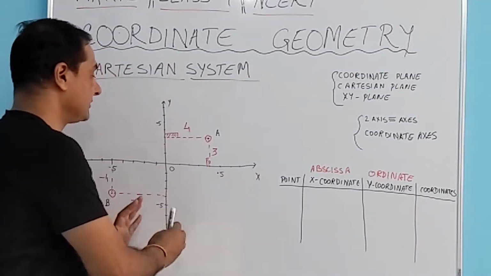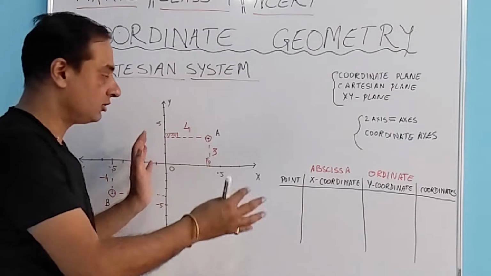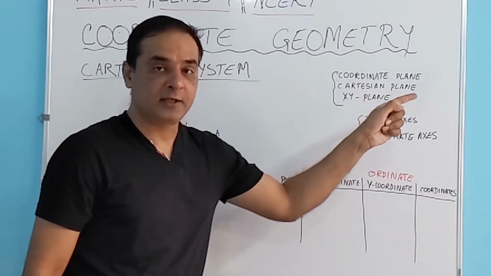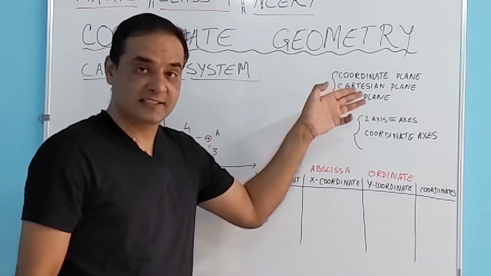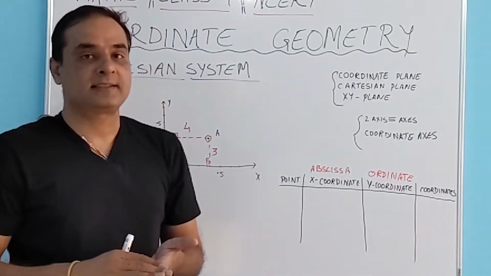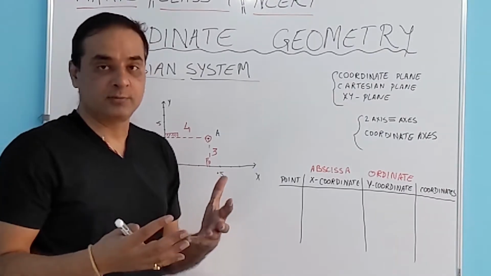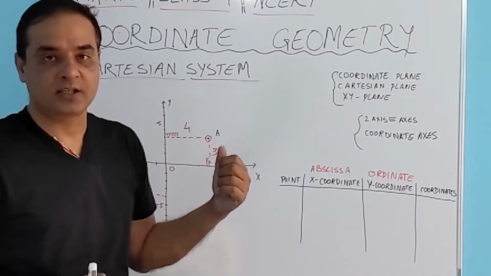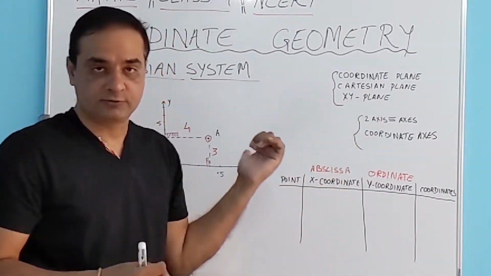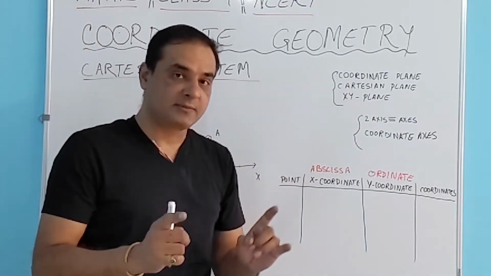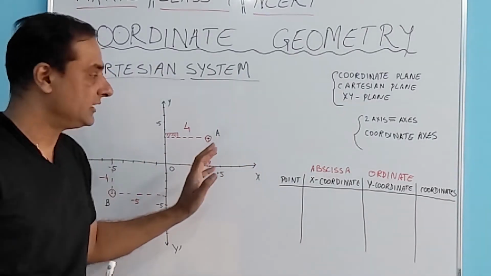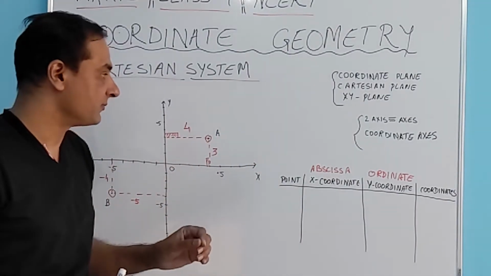So when we were talking about this plane and x-axis and y-axis are drawn on that to locate a point, this plane is known as coordinate plane. This plane is also known as Cartesian plane and it is also known as xy plane. तो अगर क्वेश्चन आता है टेस्ट में एग्जाम में कि ड्रॉ अ पॉइंट और लोकेट अ पॉइंट ऑन कोऑर्डिनेट प्लेन, it's the same thing. क्वेश्चन ऐसे भी आ सकता है कि ड्रॉ और लोकेट अ पॉइंट ऑन कार्टेशियन प्लेन, of course this is what we are talking about. क्वेश्चन ऐसे भी आ सकता है कि लोकेट अ पॉइंट ऑन एक्स वाई प्लेन. So don't get confused, these three are the names of the same plane which is formed by the Cartesian system.